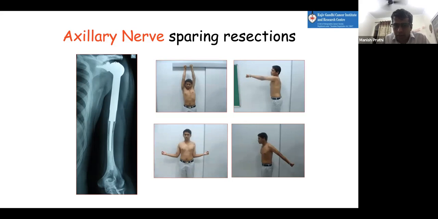we are losing a rotator cuff, so you have to put a reverse shoulder prosthesis in which we make a socket now in the humerus and we make a ball in the glenoid, and then the patient can get a good function in the shoulder in an intra-articular resection when you can save the axillary nerve. In most of the intra-articular resections of proximal humerus for high-grade sarcomas, we are not able to save the axillary